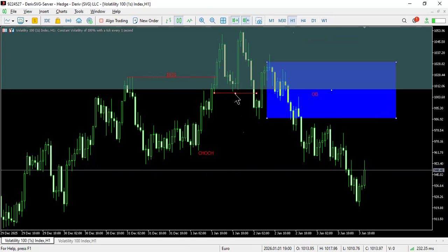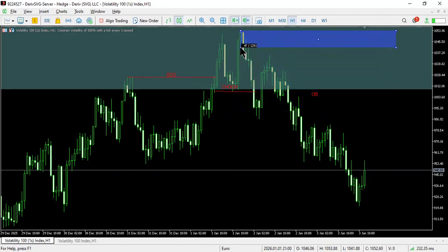However, this structure was violated, therefore that is a change of character. The change of character, and then the order block which caused the change of character is that order block there,